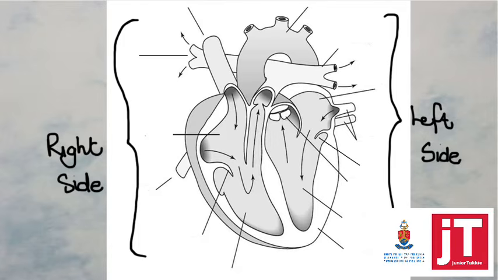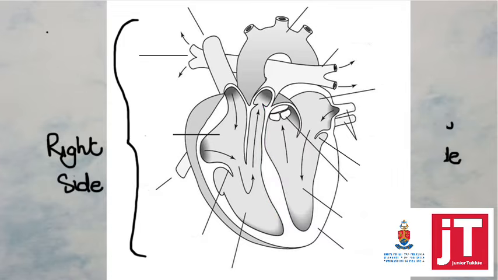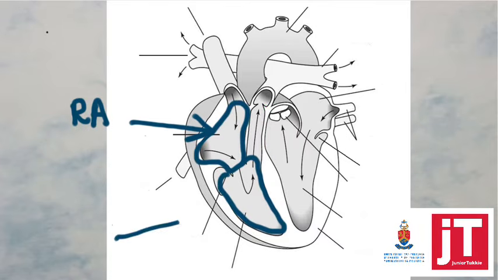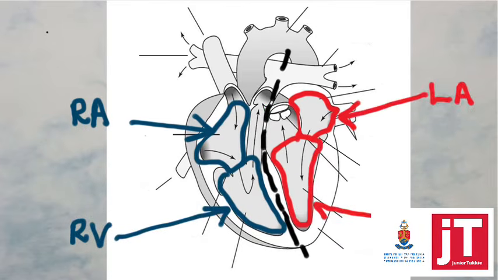and the left side of the heart is actually on my right-hand side. The left and the right are separated by a septum, and you can see we're coloring the septum in here purple. This is a very important structure in separating the right and the left side of the heart. Why? Because the right side of the heart is responsible for pumping the deoxygenated blood out into the pulmonary circulation. The left side of the heart is responsible for pumping out the oxygenated blood into the systemic